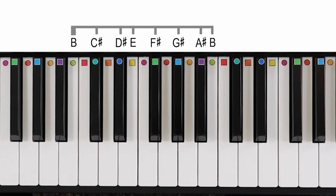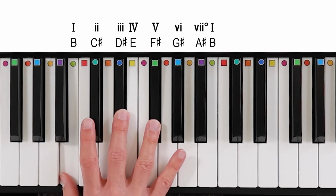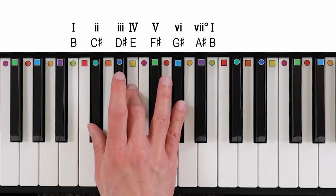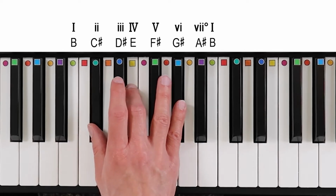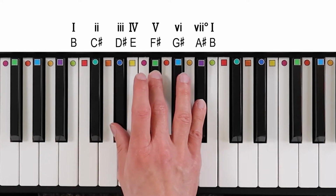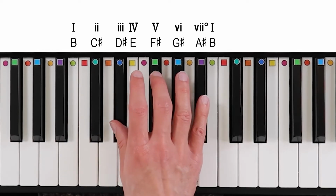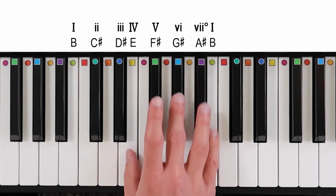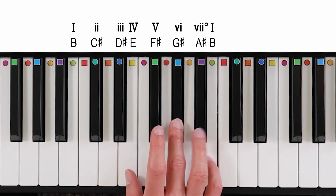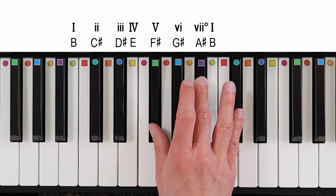Now, to create chords from this pattern, all we have to do is combine every other note in groups of 3, starting on each respective scale degree, like this, to get B major, the major 1 chord built from notes B, D sharp, and F sharp, C sharp minor, the minor 2 chord formed from notes C sharp, E, and G sharp, D sharp minor, the minor 3 chord in this mode, which combines D sharp, F sharp, and A sharp, E major, the major 4 chord made from notes E, G sharp, and B,